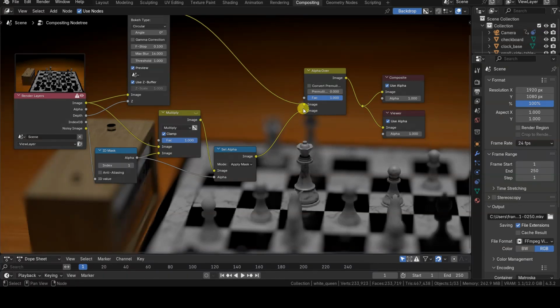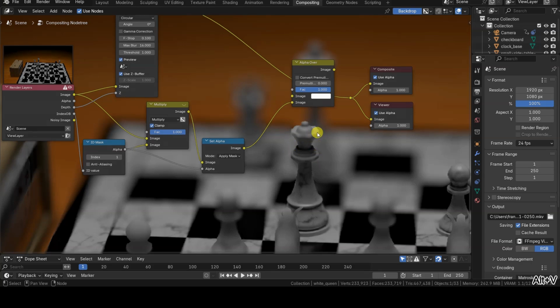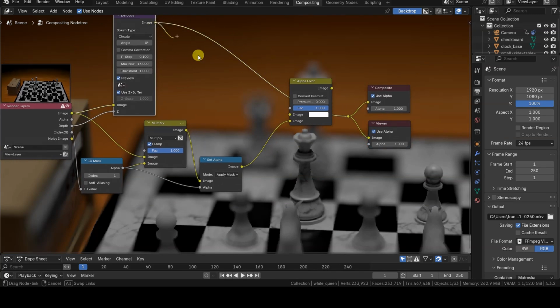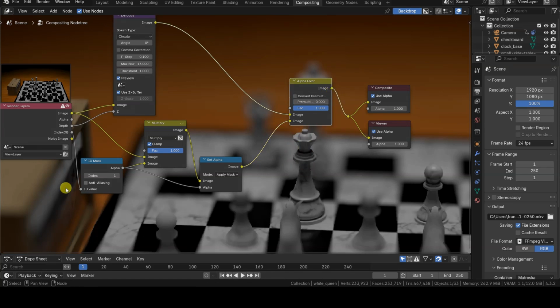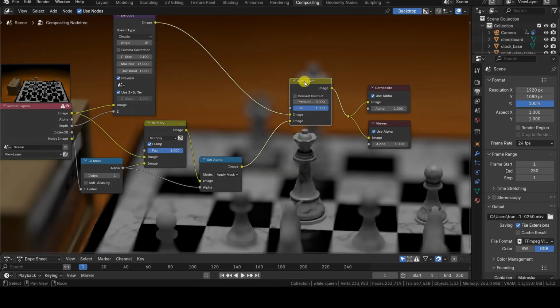In fact, the result implemented by our node setup differs from what can be achieved using the depth of field of the camera object. Since the White Queen is a very tall object, not all of its parts would remain in focus when using a low f-stop value. With our node setup, we are isolating the in-focus render of the White Queen and applying it to the blurred version of the original render.